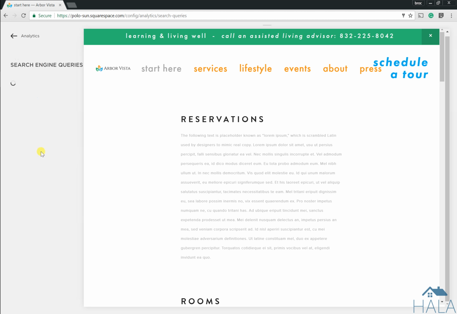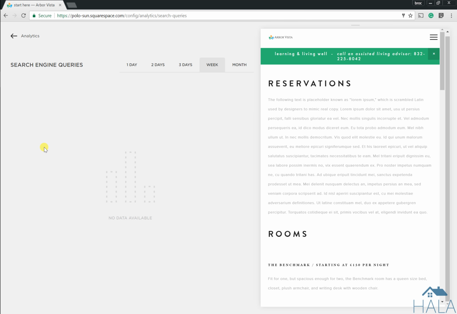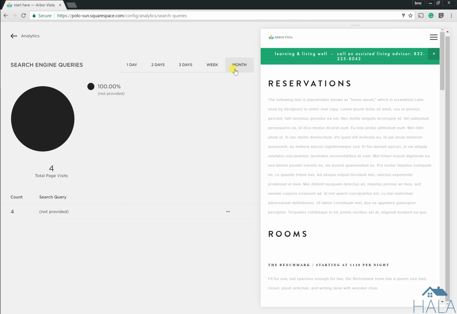Okay, search engine queries. This is different than refers in that this is referring to what was actually typed to get your website to show up. So you won't see a lot of this. You won't see Facebook probably on here. You'll probably see Yahoo, Google, Bing, stuff along those lines, and you'll be able to see what exactly they typed in to get it. Okay, so now if you navigate back,